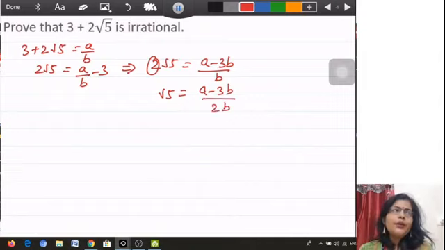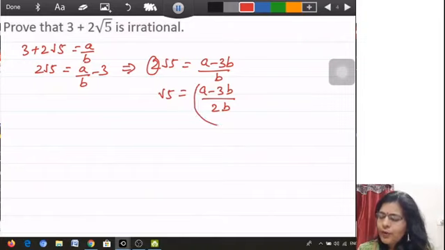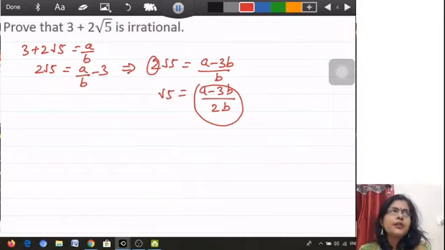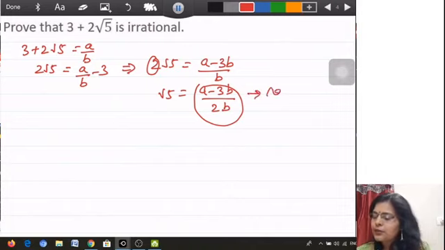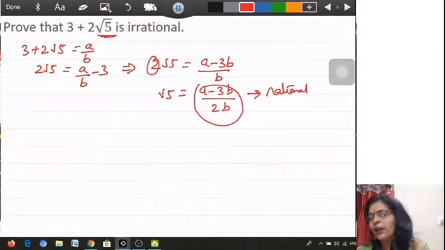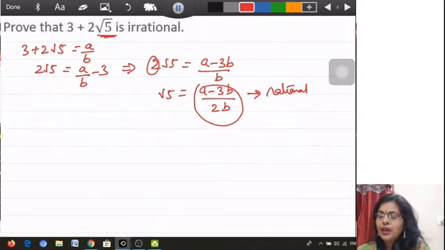So anything which is in this a by b form, we have to write in the beginning that let a and b be the rational number where a and b are co-prime, and this is said to be a rational number. Why have I given this type of question? Because in this type of question we need not prove again that root 5 is irrational, because we have already proved that these types of root numbers are irrational numbers. So this is rational, and we know that root 5 is irrational.